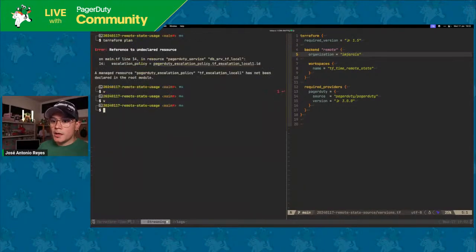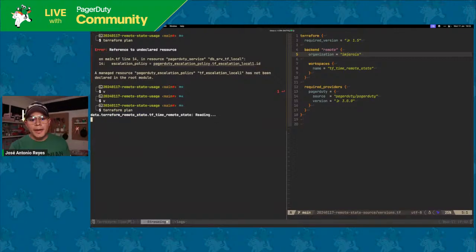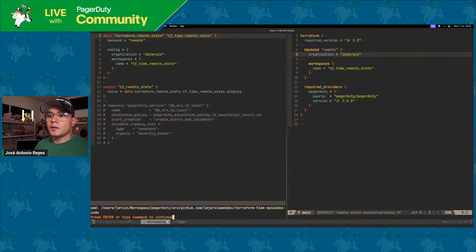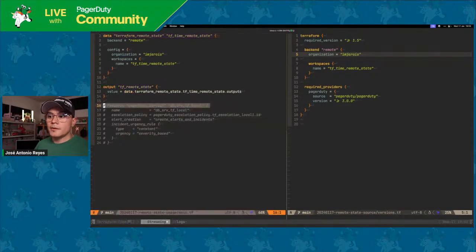Here we will be able to check on the available outputs to be referred on this Terraform remote state. And right now, the only remote output is this, because it's the one that we set on the other repository. So with that, we can come back here, uncomment this,